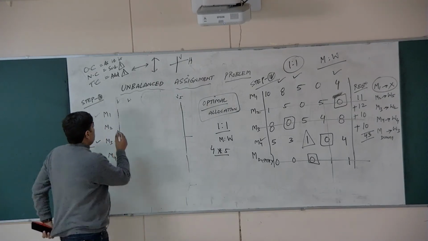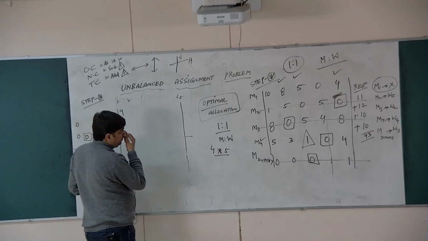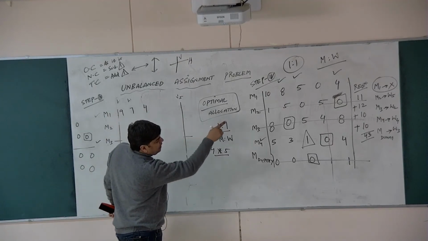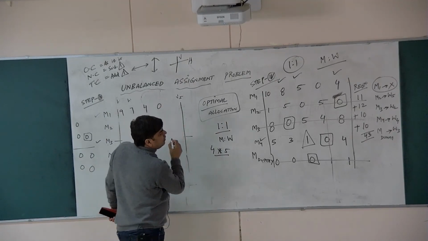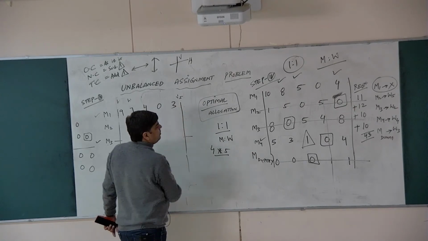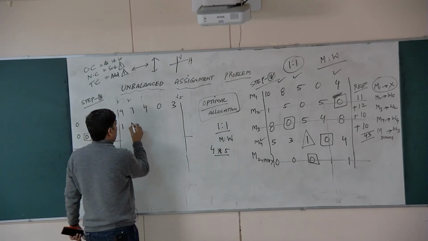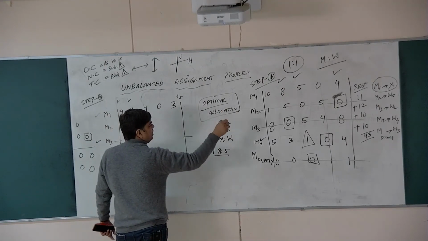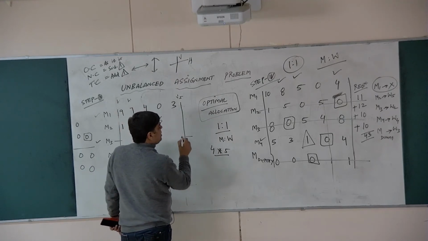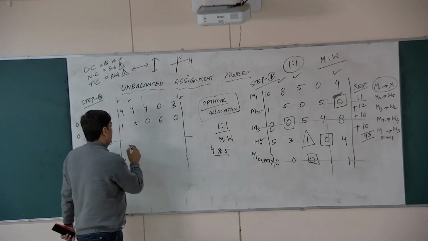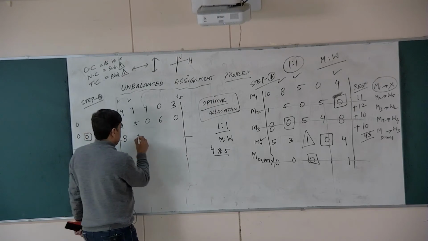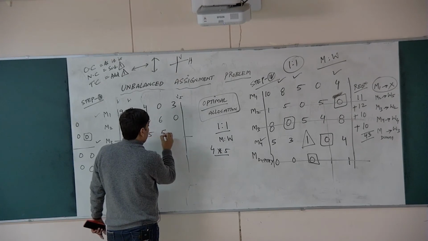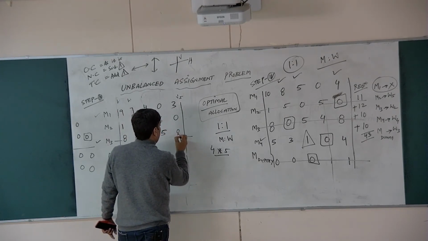So 10 minus 1 is your 9. So 8 minus 1 is 7. 5 minus 1 is 4. 0, it has already been cancelled as it is. 4 minus 1 is 3. 1 as it is. 5 as it is. 0 as it is. 5 has been cancelled twice, so it will be 6. 0 has been cancelled as it is. 8 is as it is. 0 as it is. 5 as it is. 4 plus 1 will be 5 and 8 as it is.